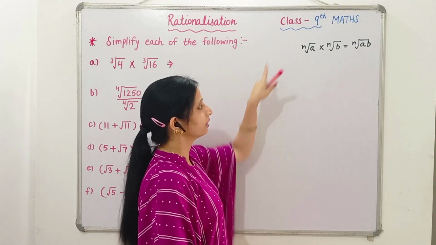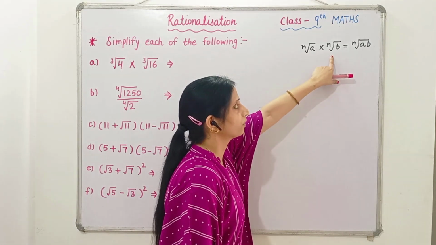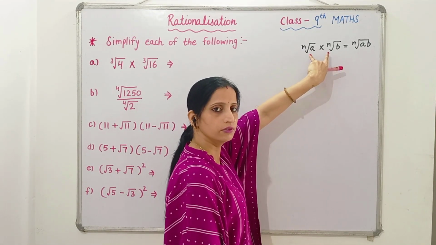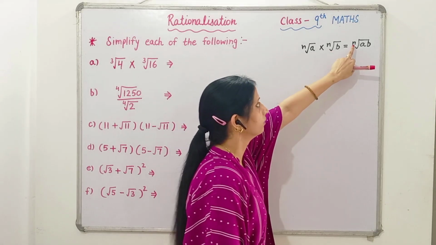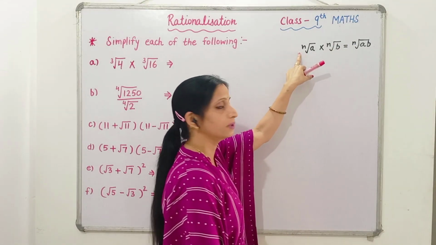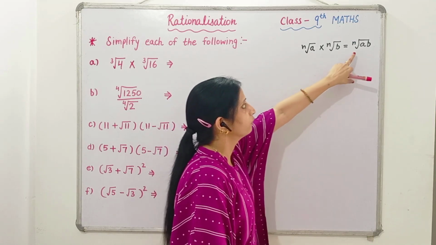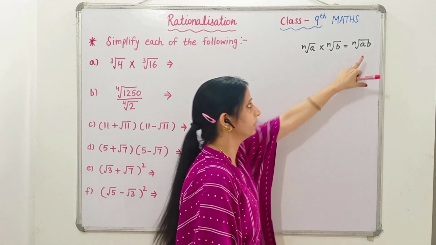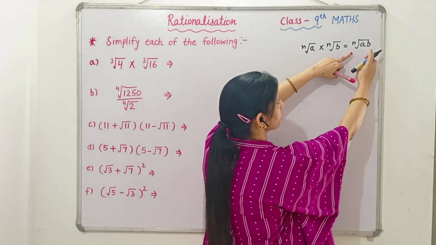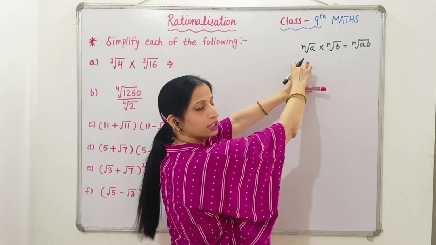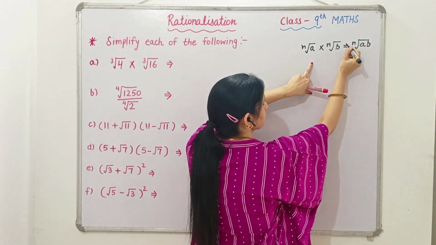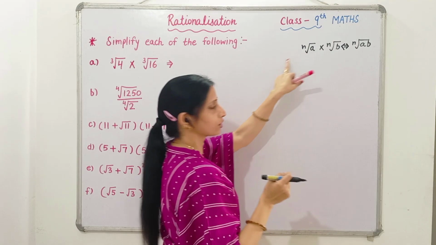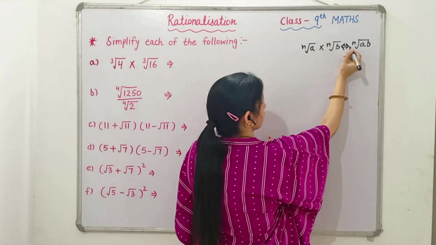Means whenever in any question these type of rational numbers are given, then we can use this property, we can use this identity. We will write n outside, n can be any number, and we will put the root and we will write ab together, or a multiplied by b. Or whenever the question is given in this form, then we can write in this form also. So I am using this symbol. This is correct. We can use it like this and like this also. Vice versa is also correct.